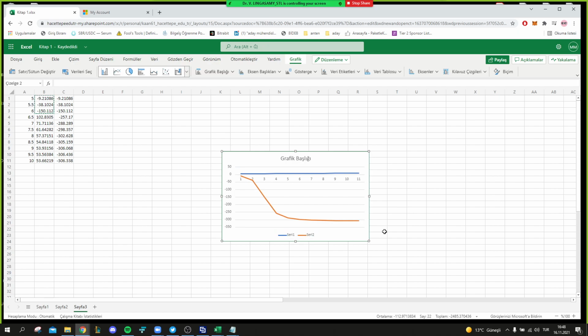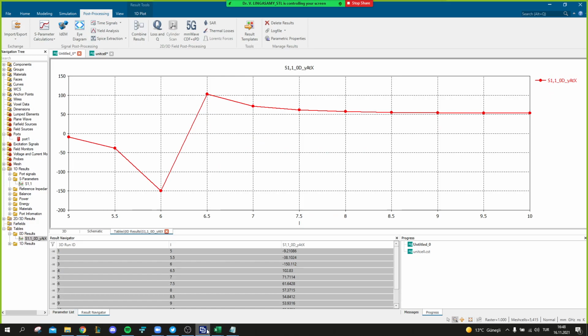Can you see here? The thing is, you are not getting it because you have not simulated for the entire range. If you simulate for 2 to 15, then you will get the entire nice S curve.